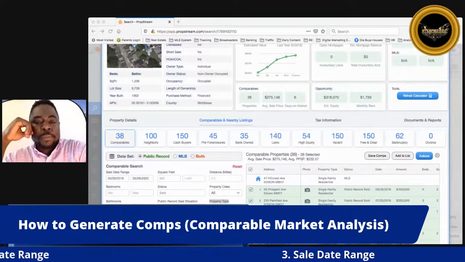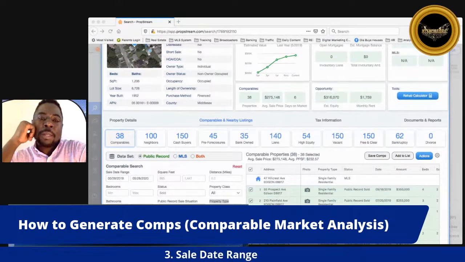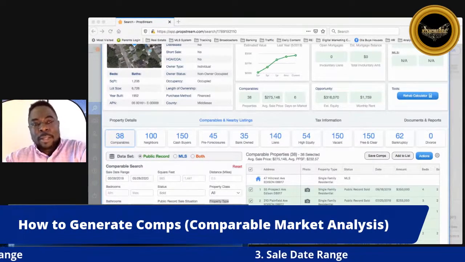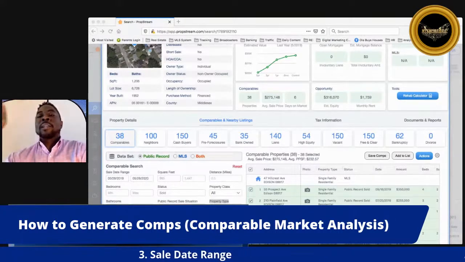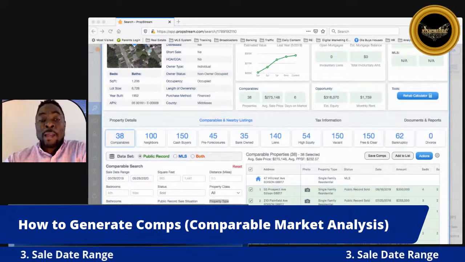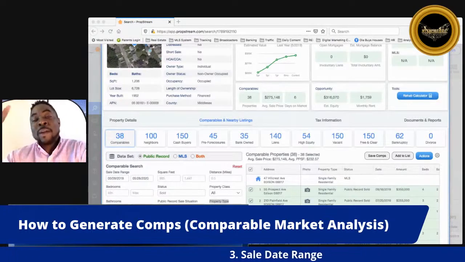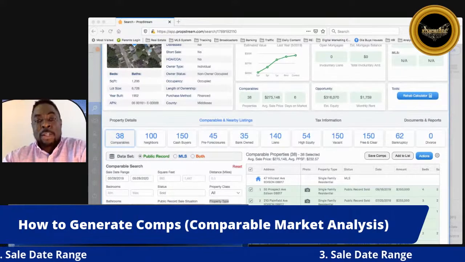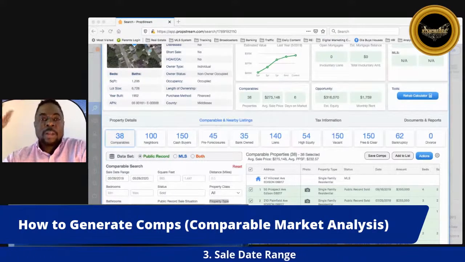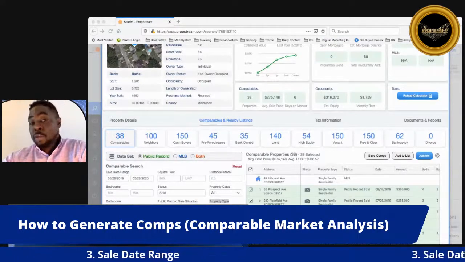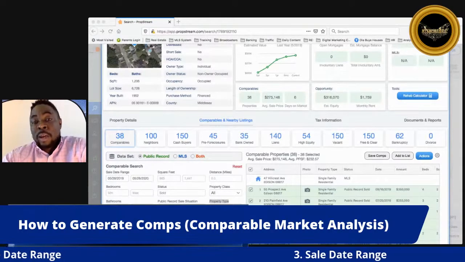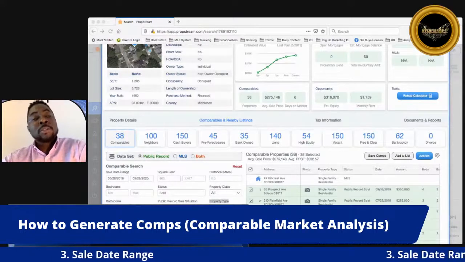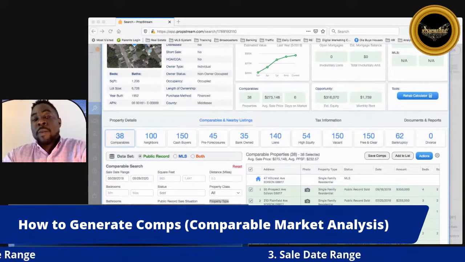All right. Sales date range. What does that mean? Okay, so here's a reason why. First of all, the banks. The banks are part of the reasons why the value of a particular location drives very high. They drive because the more institutional money comes into a neighborhood, in terms of using it to buy houses, the more the value drives up. Because an average human being does not have $100,000, $200,000, $300,000 to buy a house. The reason why they come into your neighborhood to buy a house is because the bank gave them money, and